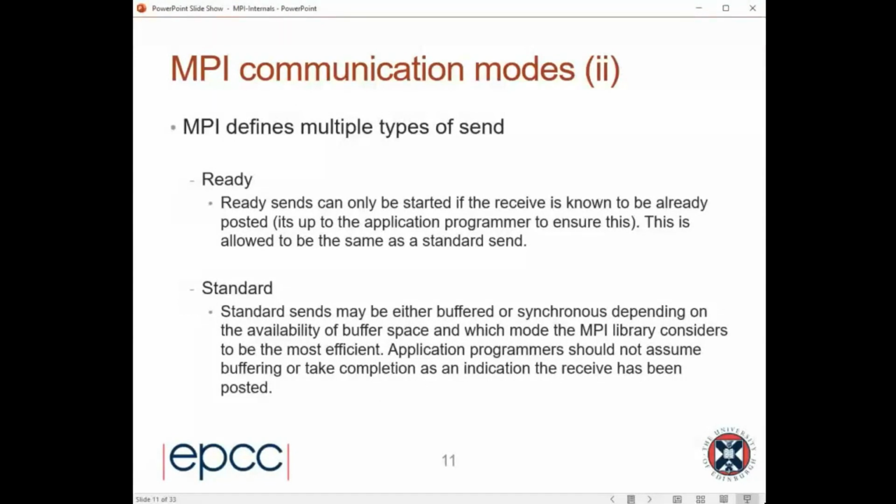Now, in practice, the MPI documentation says standard sends can be buffered or synchronous. You don't know. So every Monday, Wednesday, and Friday, they could be buffered. Every Tuesday, Thursday, and Saturday, they could be synchronous. And on a Sunday, it could flip. In practice, that's not what's done. It is possible. In practice, what MPI says is